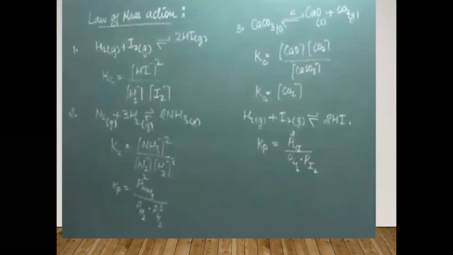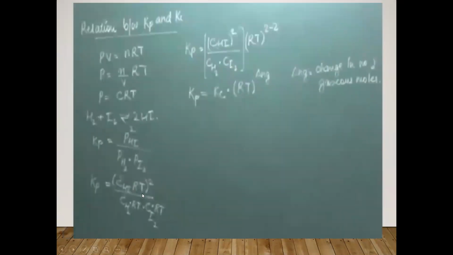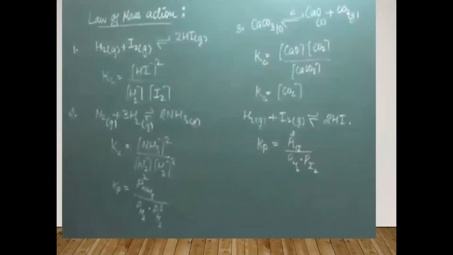As I've told you, here all the reactants and the product are in gaseous state. So here we can calculate the equilibrium constant in terms of pressure also. As we know, gases have pressure. So in the case of gases, we can measure the equilibrium constant in terms of pressure also. What will we do for that? Simply we will write Kp in place of Kc. The formula will remain the same: the pressure of products upon the pressure of reactants.